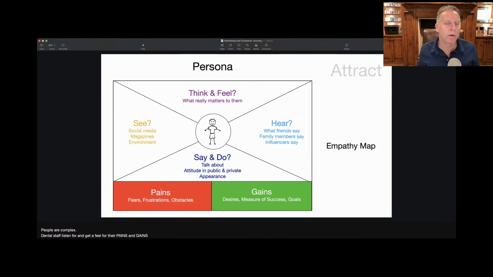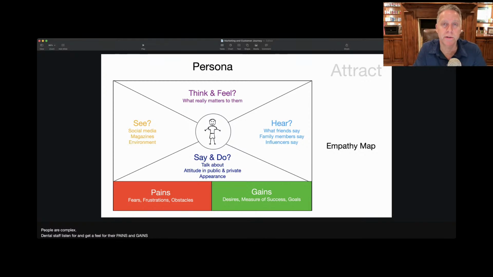You might get an idea for them. But really, it's the pains and the gains. It's those things that we can look at. These are the conversations, and this is the stuff you hear on the telephone or in one-on-one exams. You can hear what you hear repeatedly when patients come into the office. What are some of the things they're fearful of? Obviously, dentistry has been known to be a fearful experience for some patients.